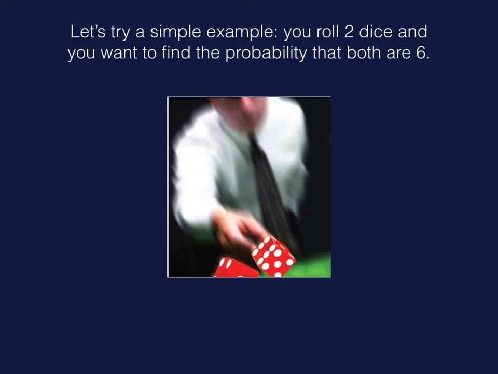This is rolling 2 dice. And I want the probability that both dice are a 6. Now, this is actually quite easy. You could do this by doing the techniques from the previous video, and they might even be faster. You could look at the table of all 36 outcomes and see how many are both 6. Or you could use the fact that they're independent and use the word and.